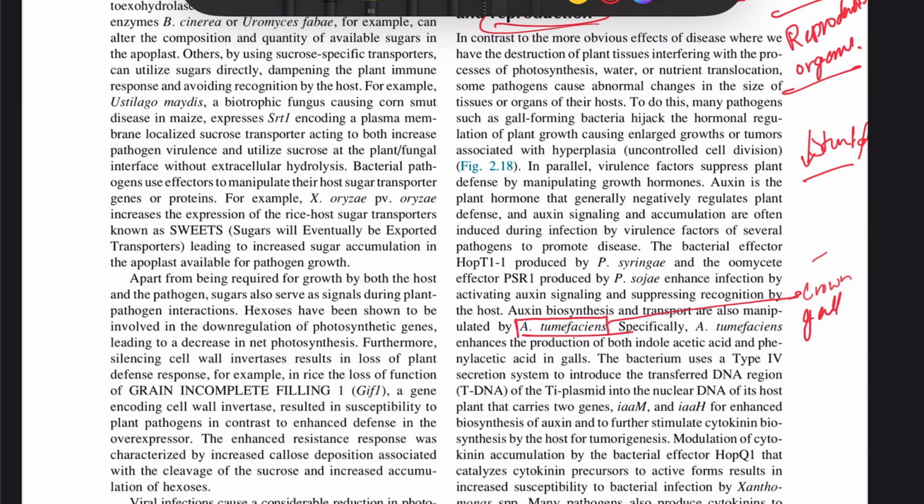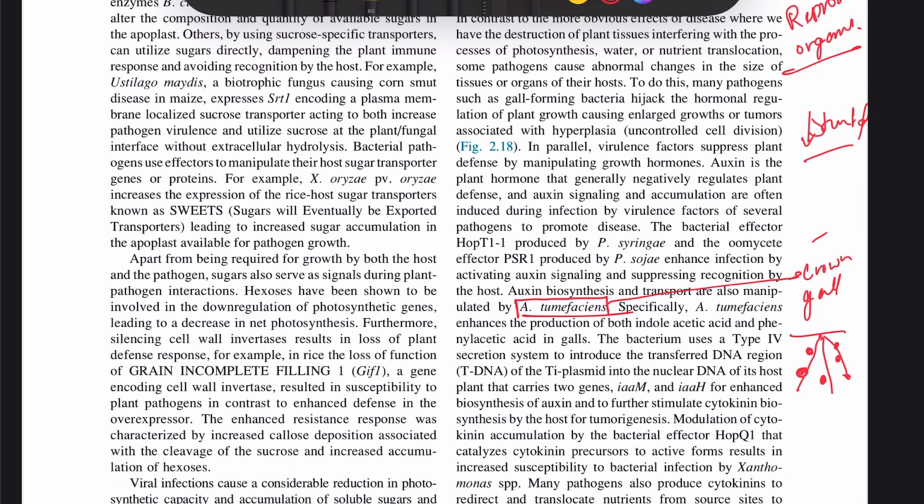In roots, you have seen, right? Like tumor-like appearance, like these balls. So it inserts its DNA. The pathogen inserts its DNA into the plant, causing these tumor-like projections, these galls. By what? By interfering with